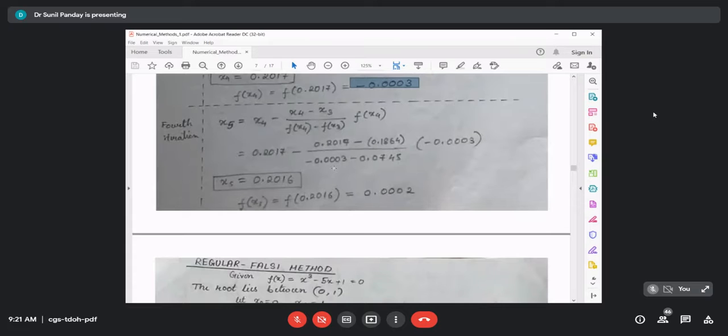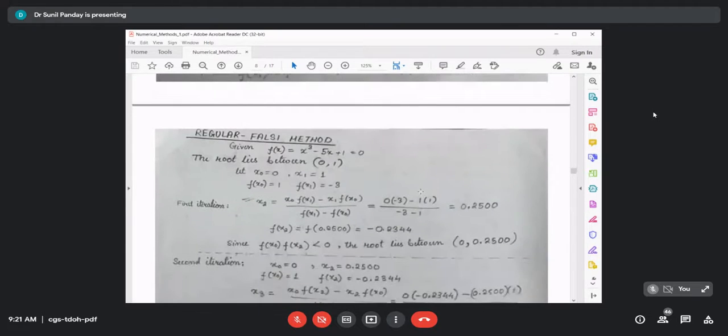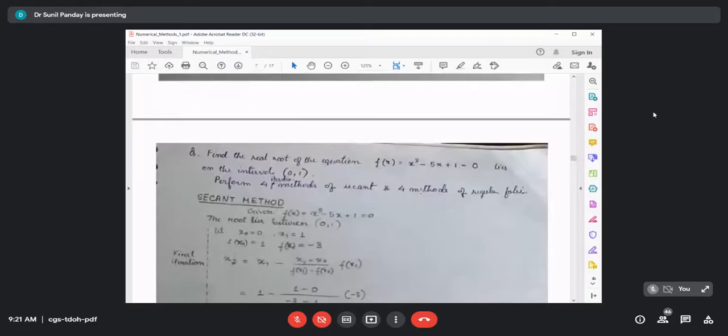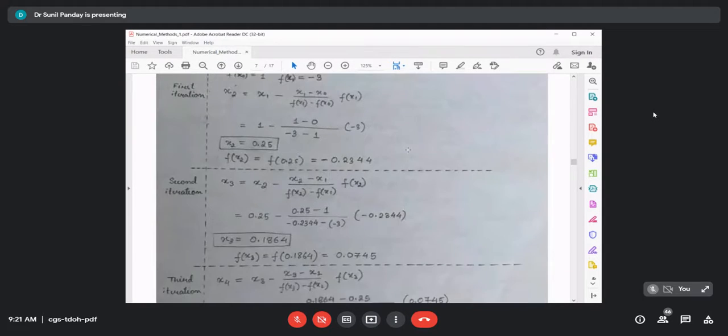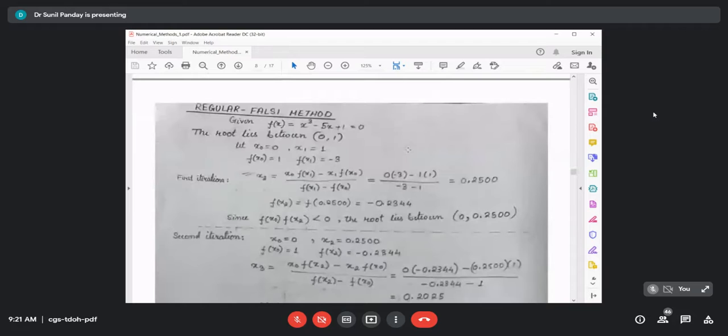So like this we can use our secant method. Now we go to the regula falsi method, to solve the same problem with the help of regula falsi method. x cube minus 5x plus 1 equals 0. For regula falsi method, even though in this question it is given that the root lies between 0 and 1, if it is not provided, then you have to find x0 and x1 such that their f values have opposite signs,